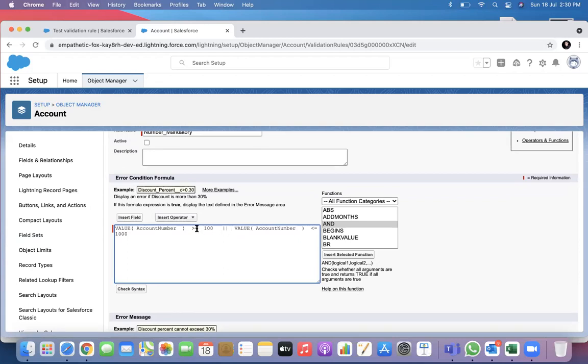And this has to be noted. You can put individually a not condition on both and use an or. So see what is happening now. Not account number greater than 100.